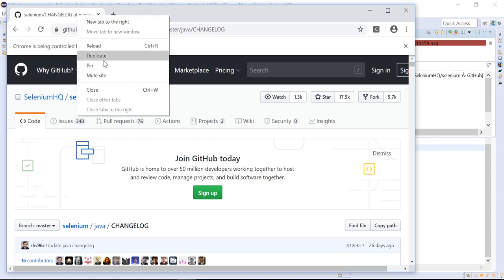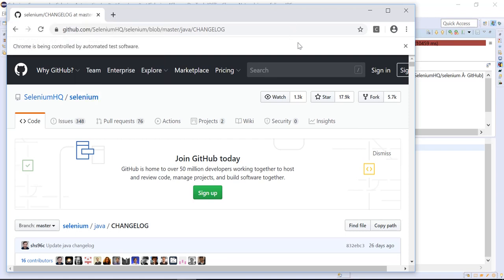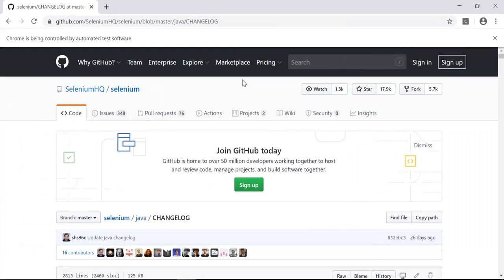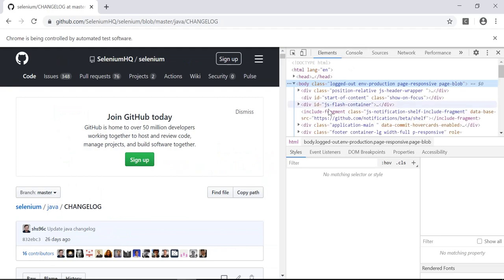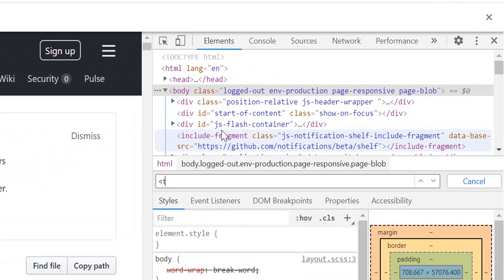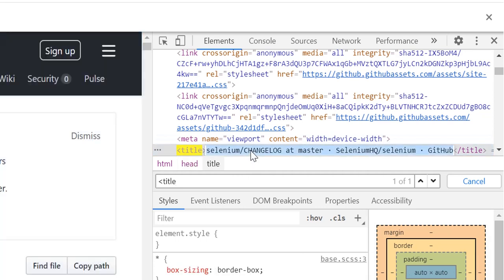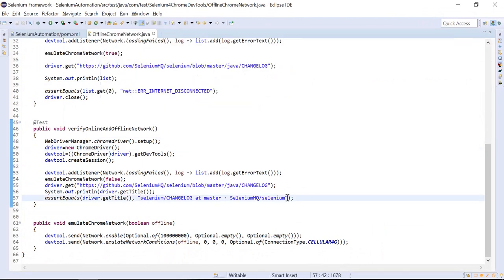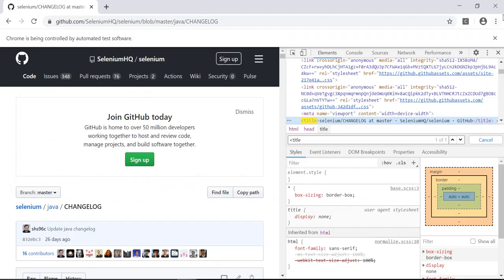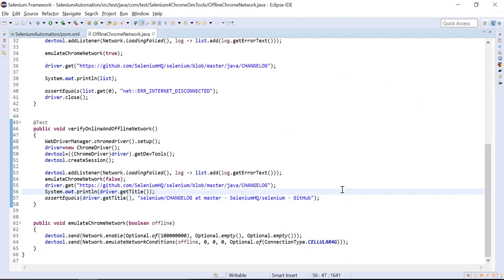Let me inspect here. So title, this is the title. Okay, let me copy this and let me paste here. Or we can do contents as well, but I'm going to use this method. Let me execute one more time.